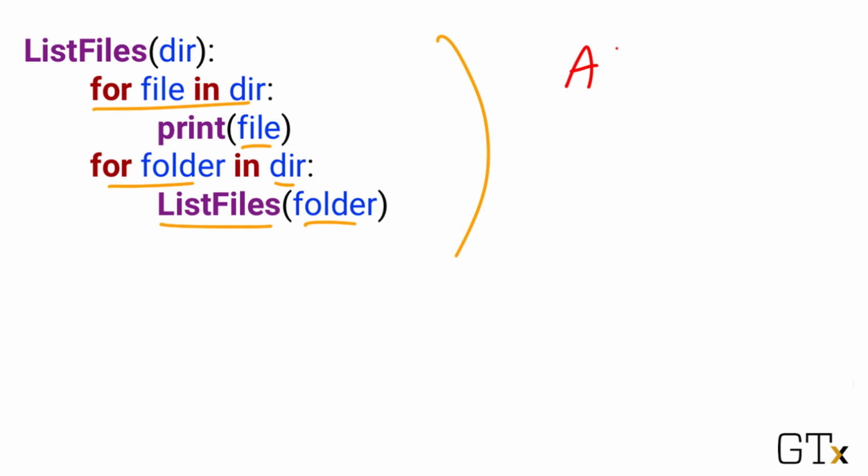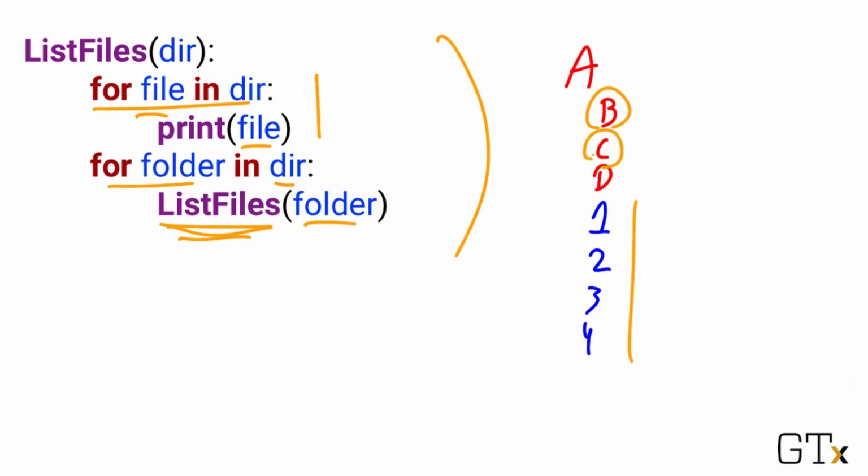So if we had a folder called A that contained within it folders called B, C, and D, and files named 1, 2, 3, and 4, then this code would first print 1, 2, 3, and 4, because those are the files, but then it would call list files on B, and call list files on C, and call list files on D. And it would print out any files located in those folders as well. And if they also had directories, it would do the same thing again. It would print every file in those directories, and then run list files for every folder located inside B, C,